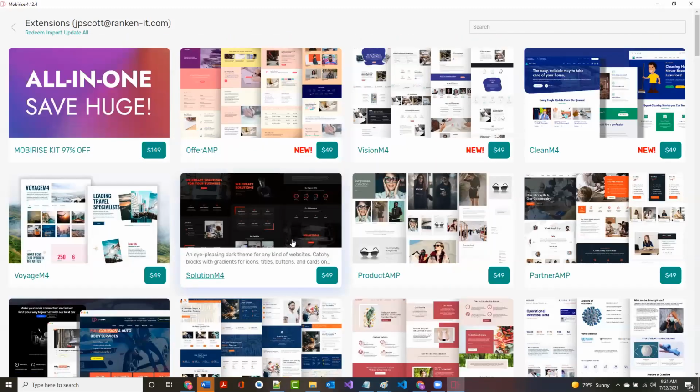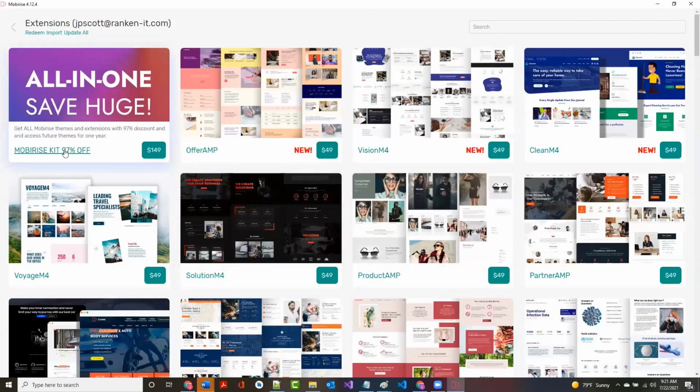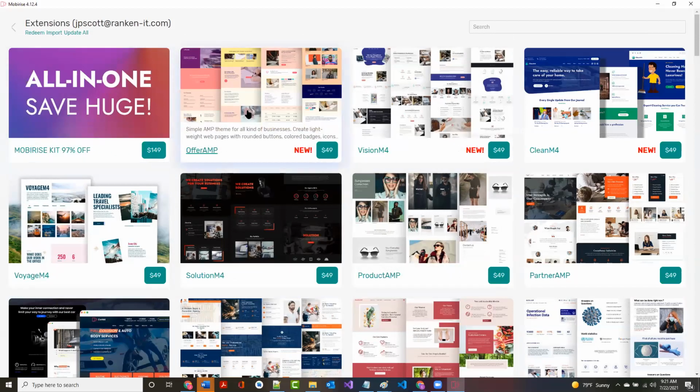All right. So people are like, pay for them. That's just $49, $50. Come on. But they have this kit that's $150 that will give you almost everything that's in here. I am not telling you to buy this. Not at all. All I'm trying to tell you is there's a lot of stuff that we're going to be able to do this morning using this, and we'll be able to do it for free. But some of the extra features we won't be able to use. They just are not going to be available to us because they cost money.